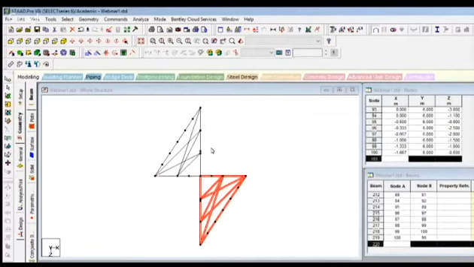Okay, can you see this? The entire structure got rotated through 180 degrees. You may have a question how it got rotated through 180 degrees. I'll just show you. Initially, consider this particular member. This member got rotated through 180 degrees and it got here.